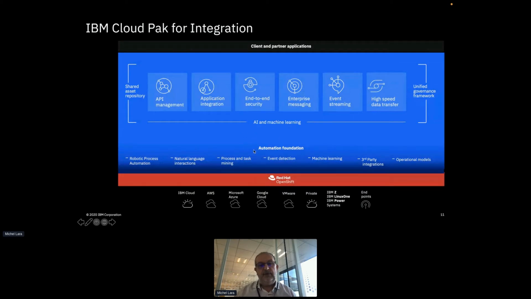And you can run this type of platform on IBM Cloud, or AWS, Microsoft Azure, Google, your own private cloud, of course, or in a hybrid way, with some clusters on-prem and some clusters on Azure or AWS, because we have some applications to integrate on the cloud.